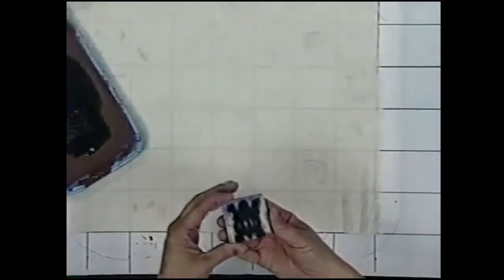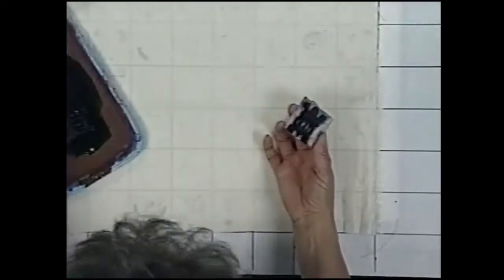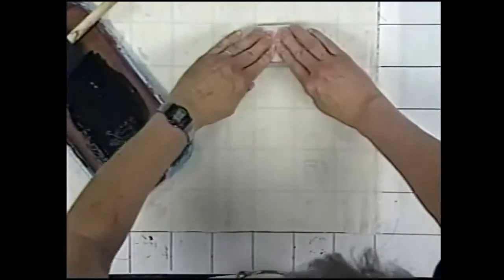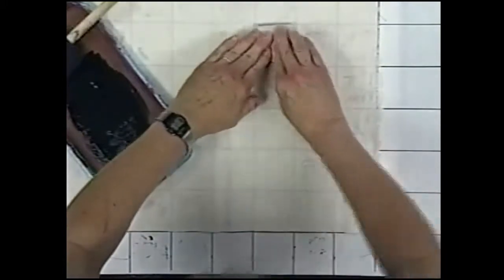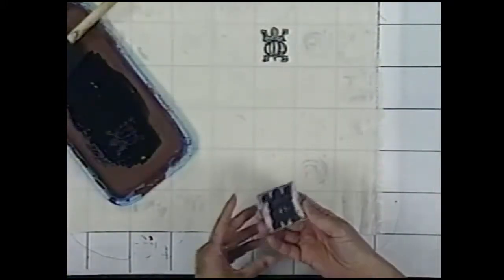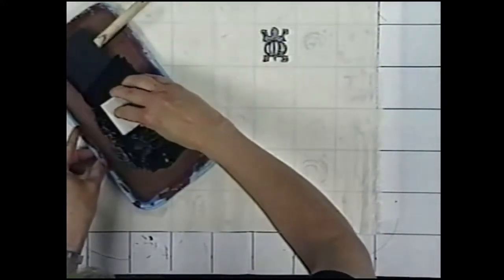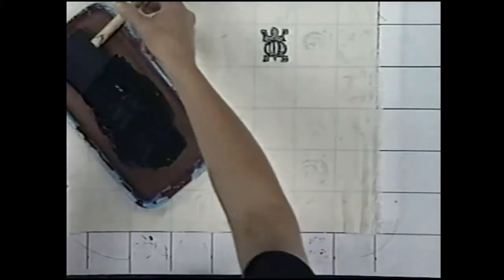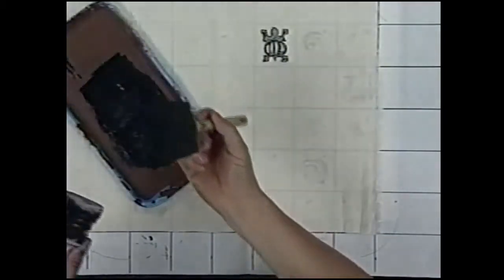Oops, we want that focused. There we go, and now I'll zoom out. Okay, so we've got our painted stamp, and we can just go straight down. Try to stay inside the square. Straight down, straight up, and there we've got our stamp. I'm going to go into the paint again, lift up, and if I were to find, like I see here, there's a corner on my stamp that didn't get paint on it, I can